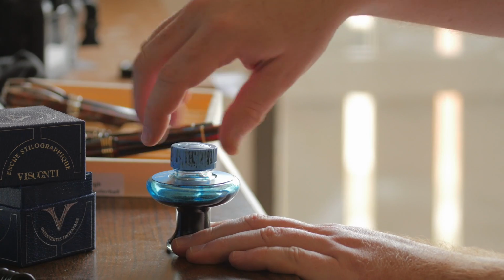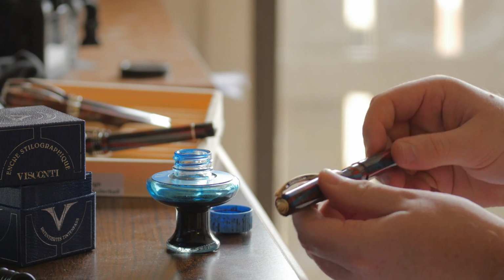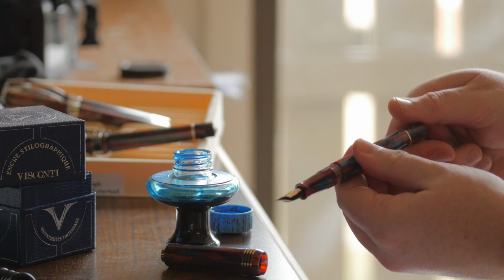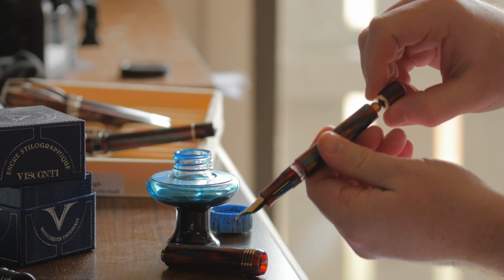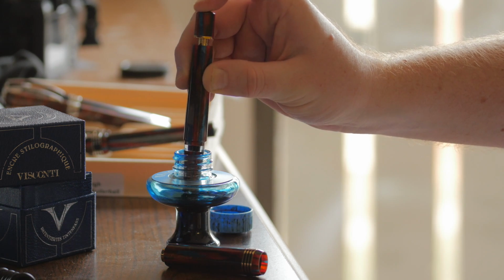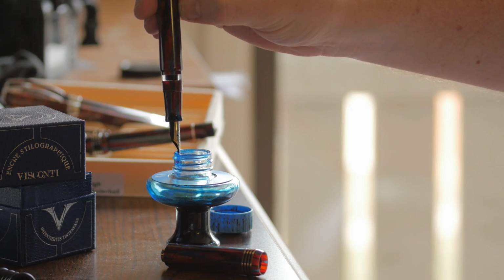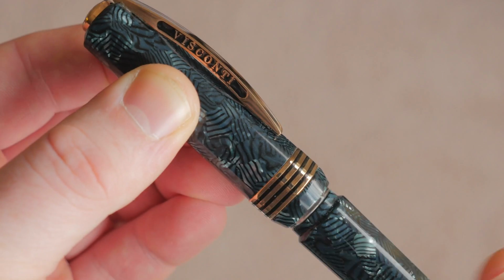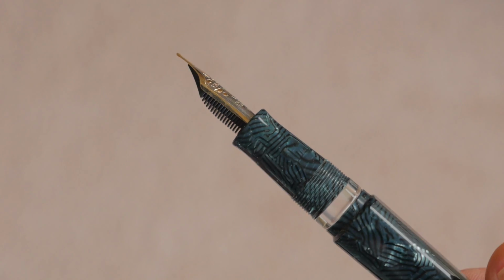These utilize the double reservoir power filler with an ink capacity of 3.8 milliliters and an ink window between the section and barrel that's hidden when capped. When the filling knob is screwed down, the ink chamber in the barrel is sealed off from the chamber in the grip section, but there's so much ink in the section that you'll rarely have to crack the seal. The number 6 size 23 karat palladium nib is available in 6 different widths from extra fine to double broad